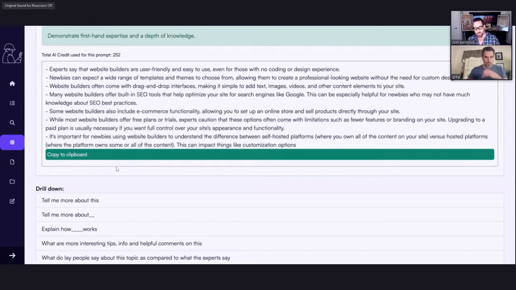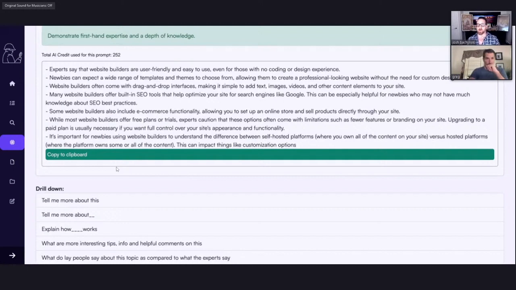And in Keyword Spy, in the content editor, we actually have an AI that analyzes this in a different way, and will actually score your page and give you a heat score. Actually, how helpful, experienced, expertise worthy, authoritative, and trustworthy your content is, based on the depth of your knowledge on the topic that an AI analyzes, and can analyze very well. So this is what it says for website builders.